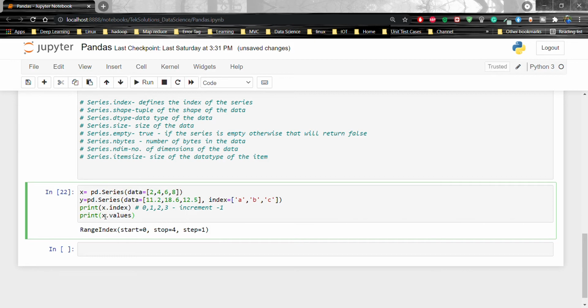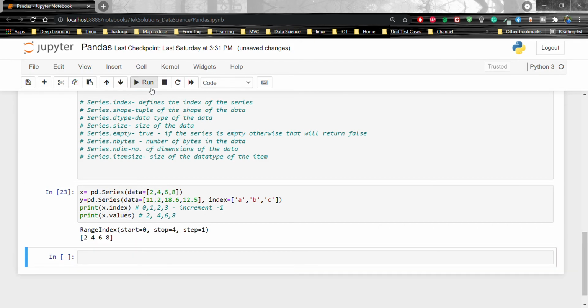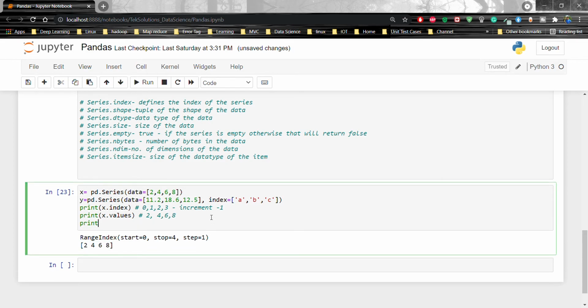Now I am going to print x dot values. What will it print? It will print the values of x, meaning 2, 4, 6 and 8. Make sure you use values. Okay, let's run and see. Right, 2, 4, 6, 8. Now I am going to print y dot index.